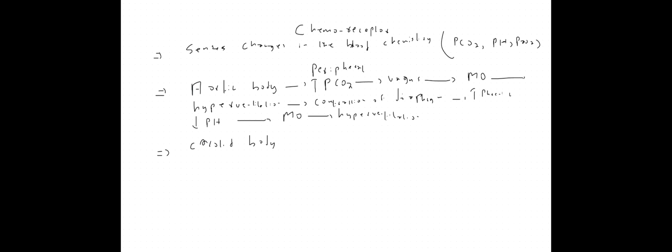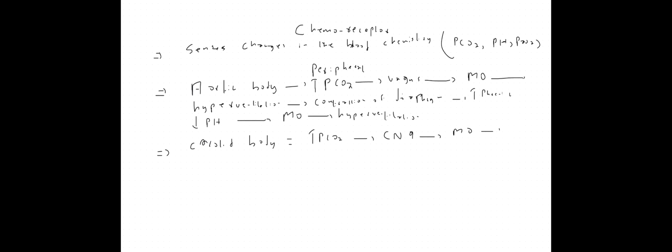All right, so this will be the response of the aortic body to these changes. Now, carotid bodies are also very sensitive to changes in the carbon dioxide level. But what's the difference between the carotid body and the aortic body? The fibers from the aortic bodies are carried by the vagus nerve. Here, the fibers will be carried by the glossopharyngeal nerve, cranial nerve 9. Cranial nerve 9 carries the signals from the carotid bodies to your medulla oblongata, and once they reach the medulla oblongata, it again does hyperventilation.